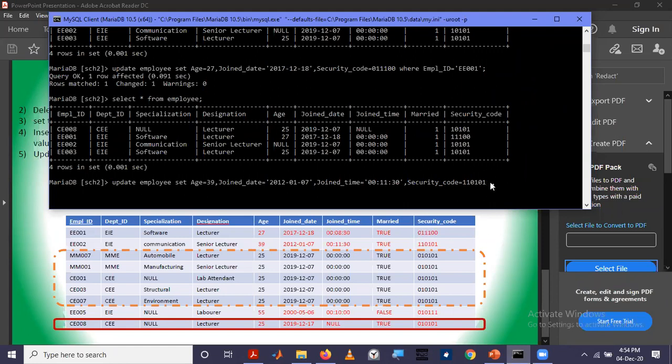And then at last we have to specify the condition for which this operation is done. This should be done for this row. So this row is identified by the employee ID being equal to EE002.